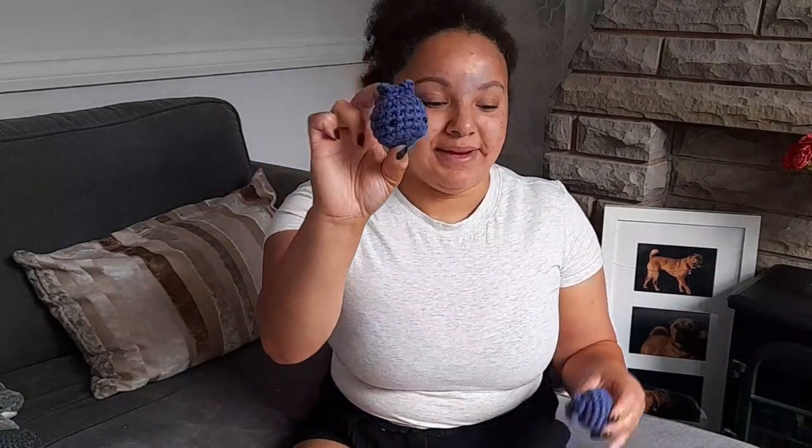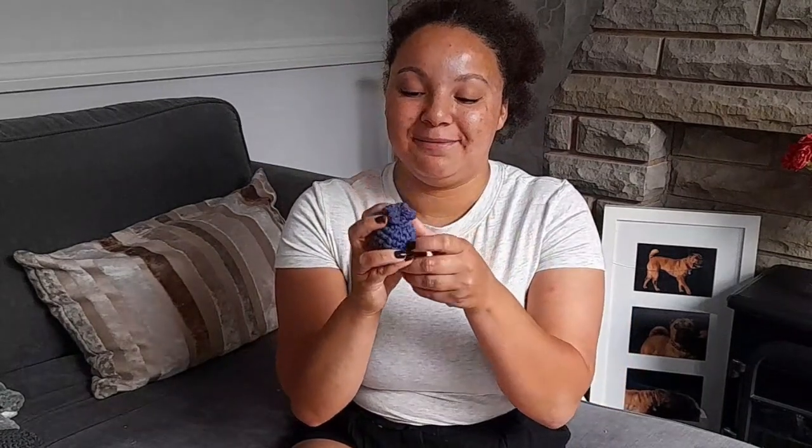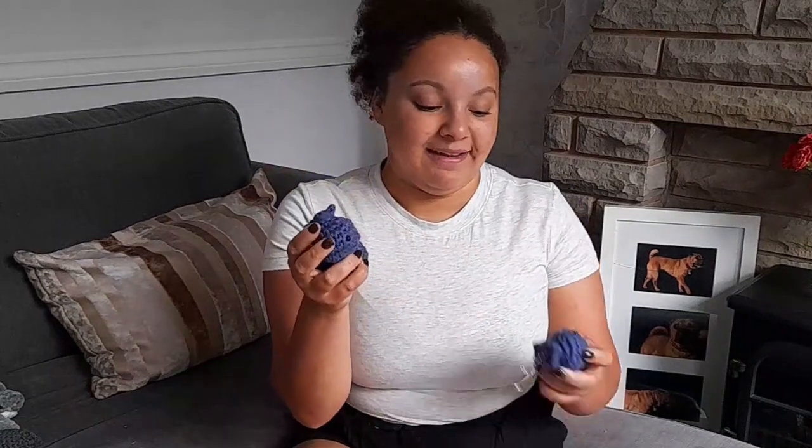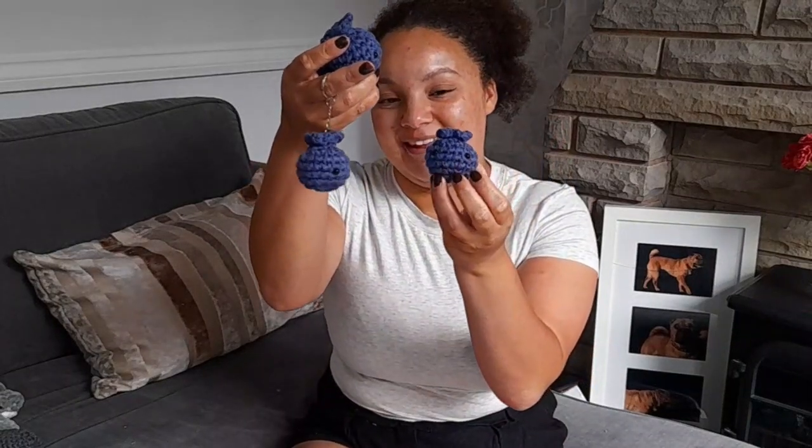Now these next ones, I think they might be my favourite, and it is these little blueberries. They are more purple than blue, but these little blueberries that I made this week, I think they're adorable. They're so cute. They're so easy. They are just, I mean, how adorable is this little guy? So I made quite a few of these. I really like them. They're so simple, so cute, and